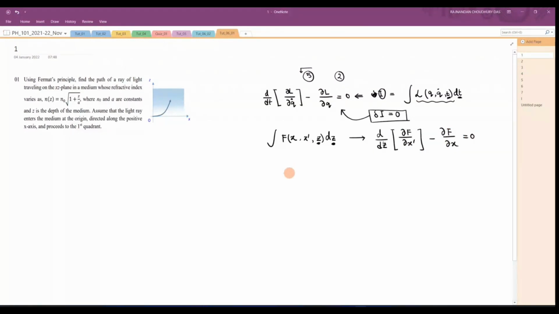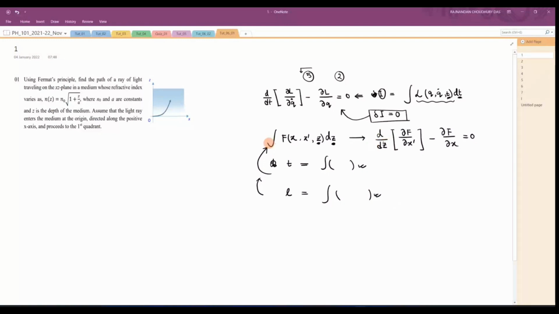In all these questions we have to extremize such things. In one question we have to extremize time. You write time in terms of some integral, and then to extremize this time we just have to write this equation. There will be some questions where you have to write the total length, which will be some integral, and extremize this length. Again, we will come back to this part. Okay, this is how we will proceed.